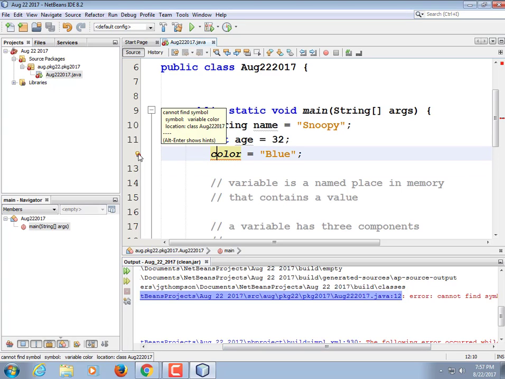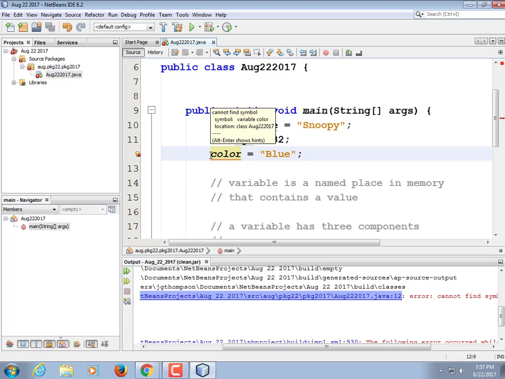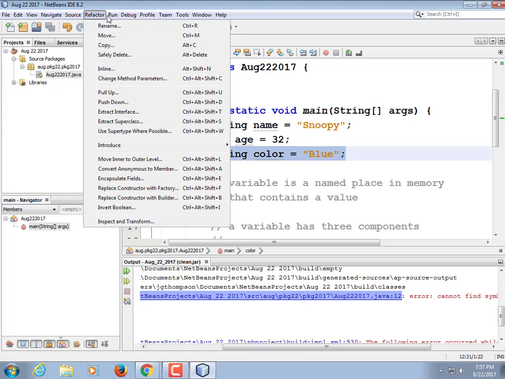If you're using an IDE, it's even easier to spot the errors because they have these little red marks. Over here in the scroll bar, you can zoom right in on your errors. And it indicates it right there too. You don't get all that stuff if you're just using a text editor. Even if you're using IDLE in your Python class, it doesn't put red dots, it doesn't highlight your errors. So I'm going to add the word string back because otherwise it's just not going to compile. That's an example of a syntax error where I would give you a 0 on the assignment because I couldn't run it. Now I can hit the broom, the build,